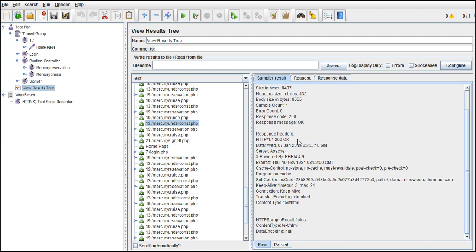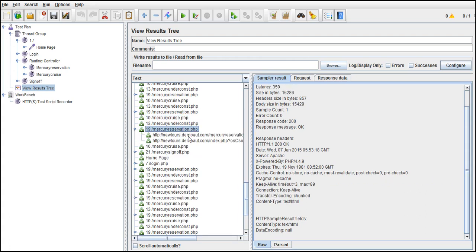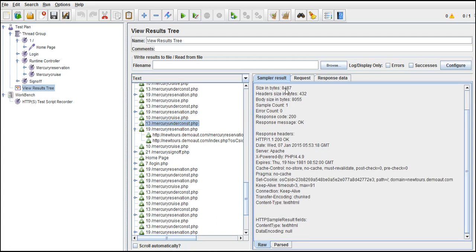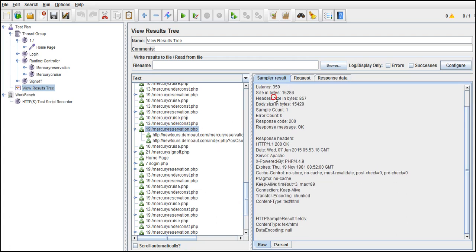Then you cannot say there are 4 requests here, one is a legal agreement, and add these 4 and say these 4 requests have 8480 bytes and these 4 have something else. No, you have to give a proper, straightforward result.